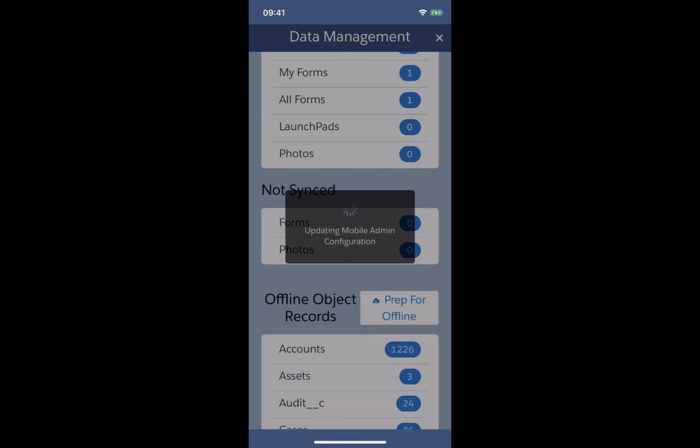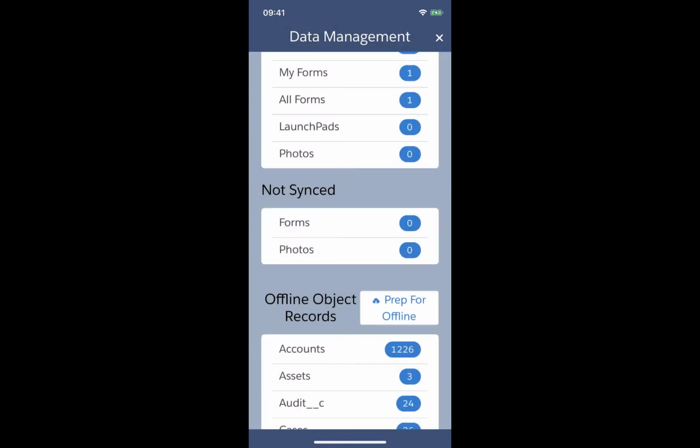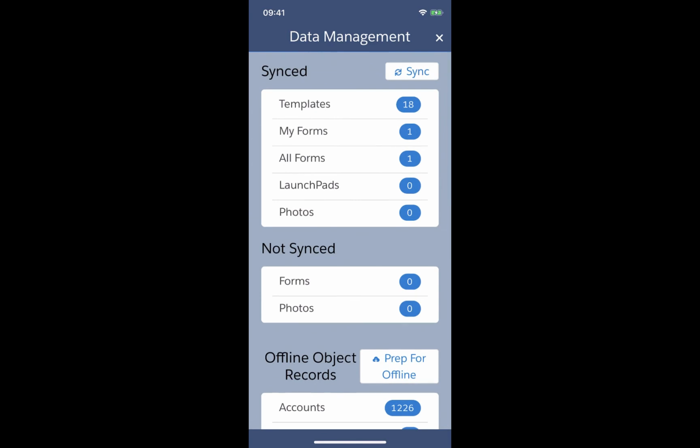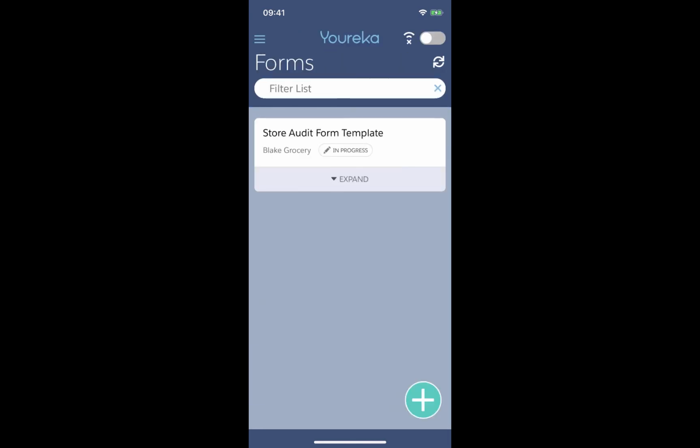Put simply, what this is going to do is bring down a lot of different records and objects from Salesforce. This is all configured by the administrator, but the point is that it makes it so that I can go offline and reference a lot of the records in Salesforce without any internet connectivity whatsoever. It's one of our biggest value propositions as a forms vendor in the Salesforce ecosystem, is that we're one